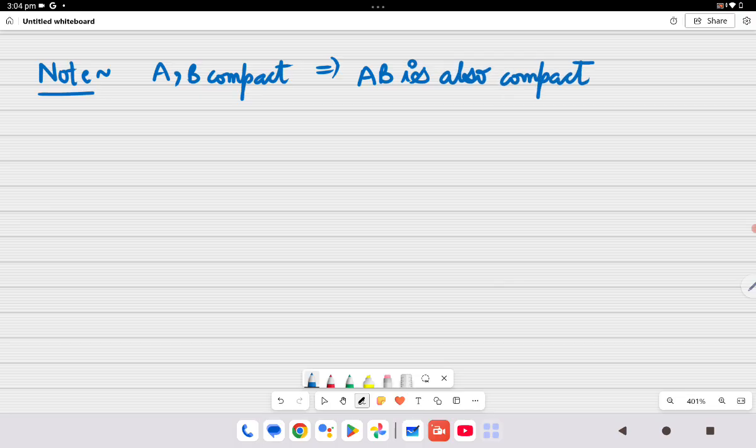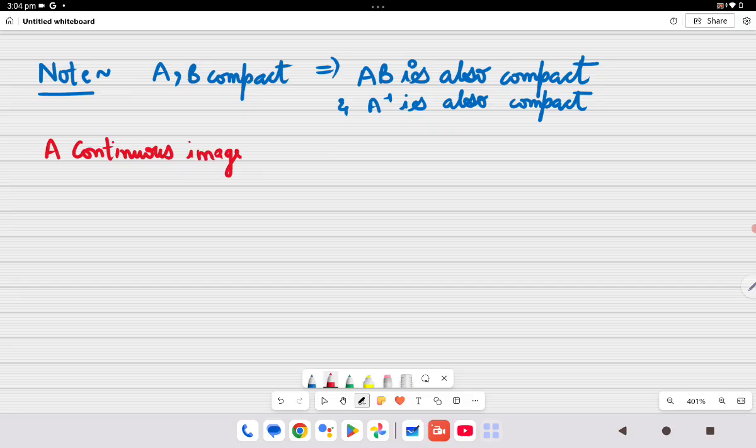Not the product, actually the multiplication. Here A cross B will be called the product and AB will be called the multiplication. Then the multiplication of compact sets is compact and their inverse is also compact. Actually, this is very simple to think about, and it follows, if you know this result, that a continuous